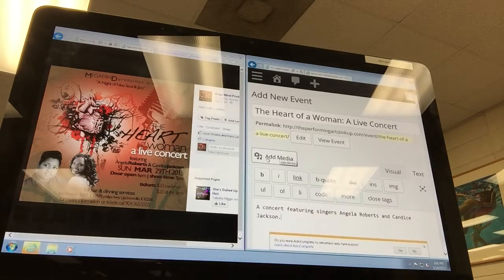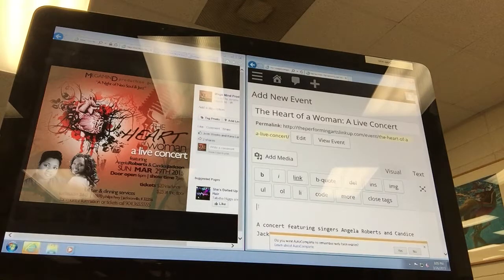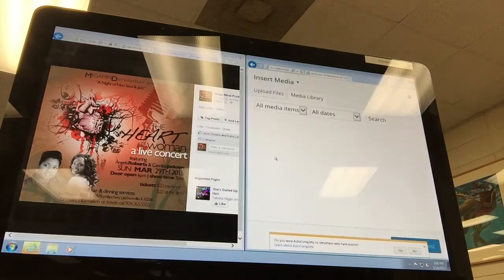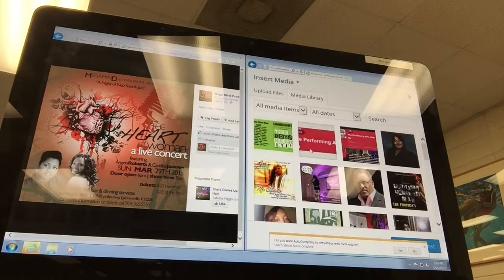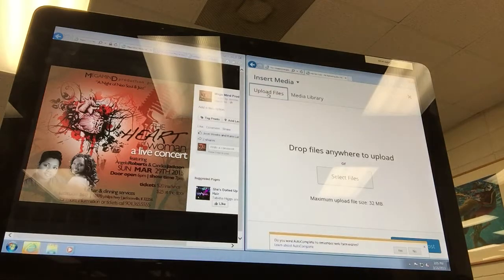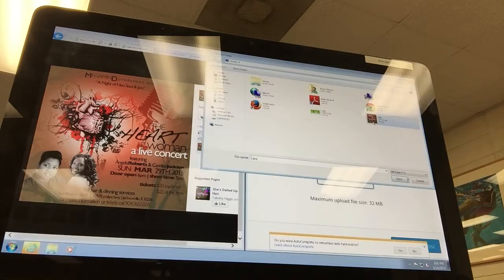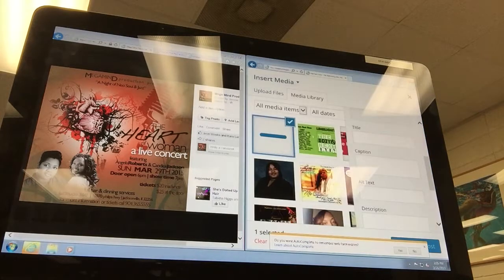Then, third step, after you put the title and what the event is about, is add media. Make sure your cursor is at the front so that the image can be before the description. We're going to add media. This event obviously isn't already in our library, so we will go to upload files, select files, select the event. Again, if you're doing that from your phone, it'll just generate